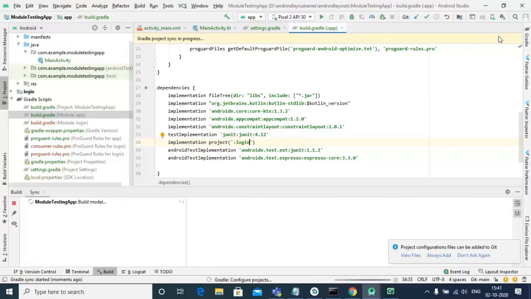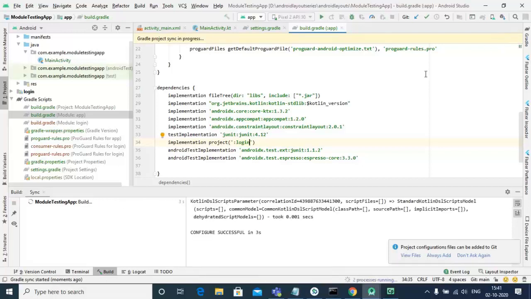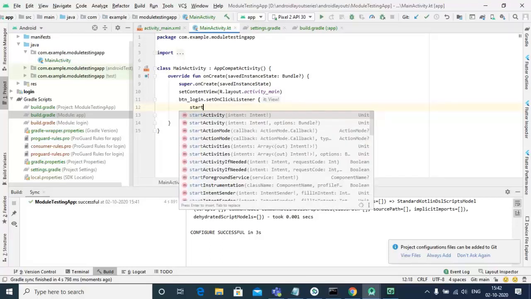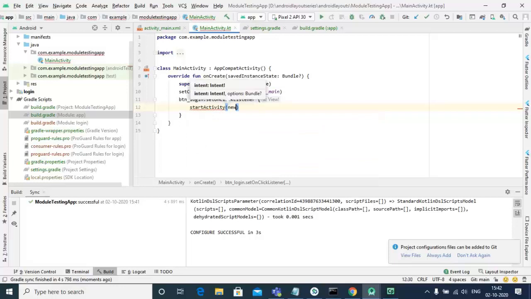If everything is fine, you know this step, then you are able to see success, and now its login activity becomes a part of our application. So for that, you start activity,